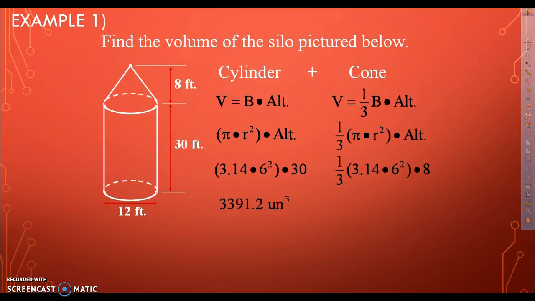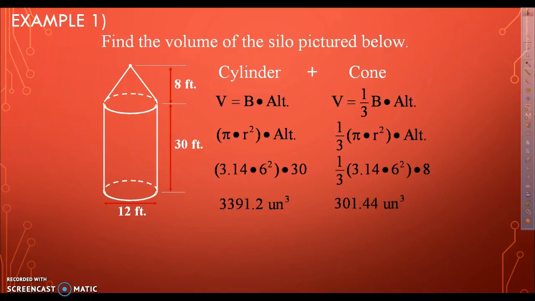So we put this information in, and we get 1/3 times pi, which is 3.14, times 6 squared, and our altitude in our cone is 8 feet. So let's multiply that out, and we should get